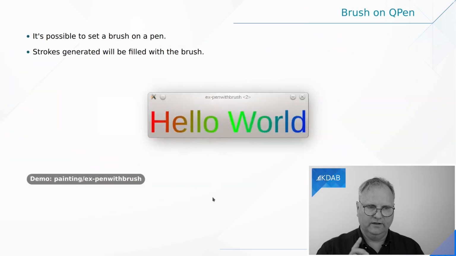Okay, next one. You can, as I said, create pens with brushes on them. And why would you want to do that? Well, I don't know, but you can see here, I have a gradient. The pen has a brush set on it, and the gradient is from red over green to blue.